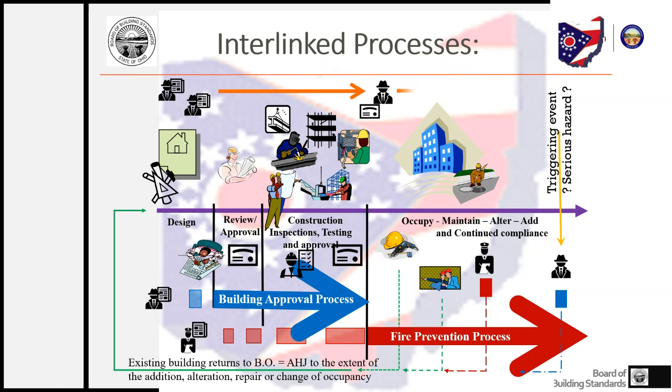Not to be forgotten, if you're a licensed operation, you may have some annual inspections, and that licensing agency may, to renew your license, require the building owner to make changes to their building. Those changes may trigger the building code, and that comes back to the building department. So that's how all of these enforcement authorities work together in this interlinked process.